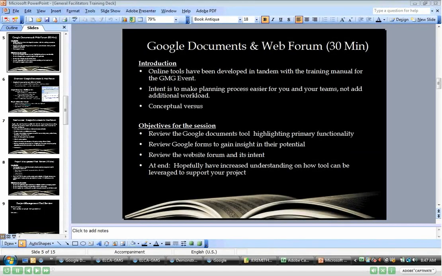This is a demonstration of the Google Documents and the web form tools that have been created to aid you in your planning and executing of the GMG conference event. As a note,